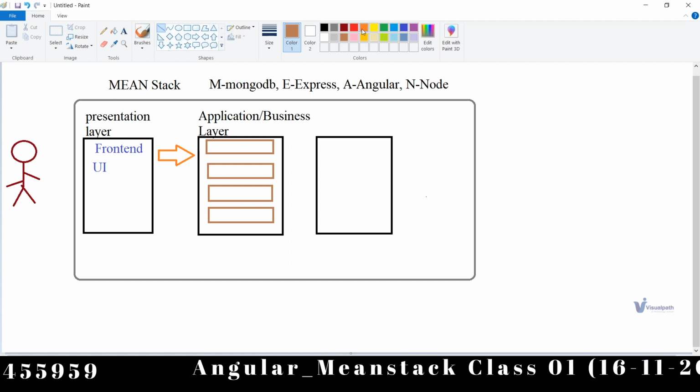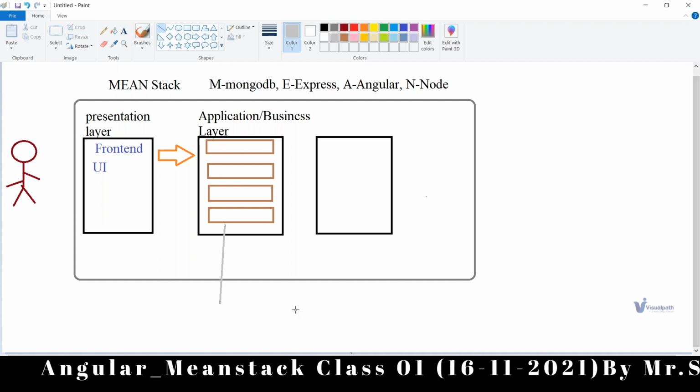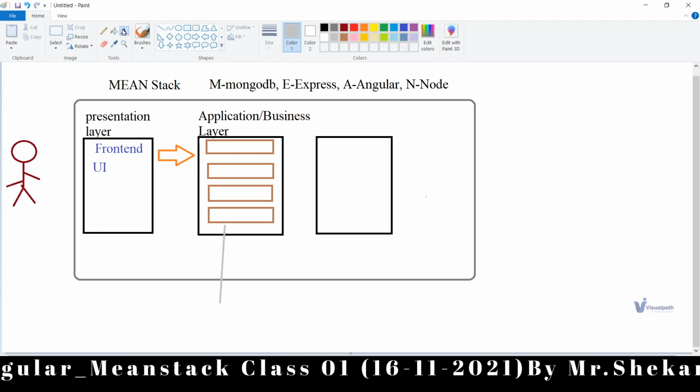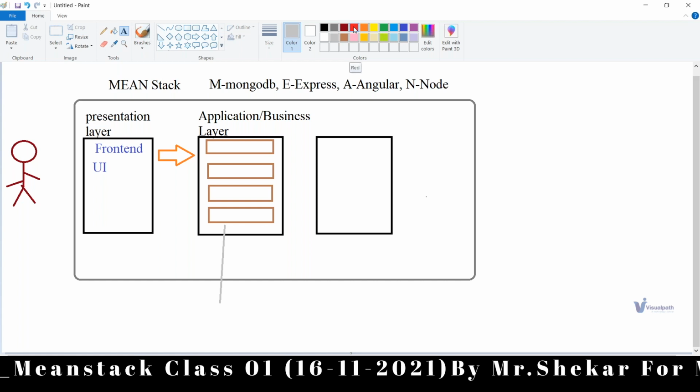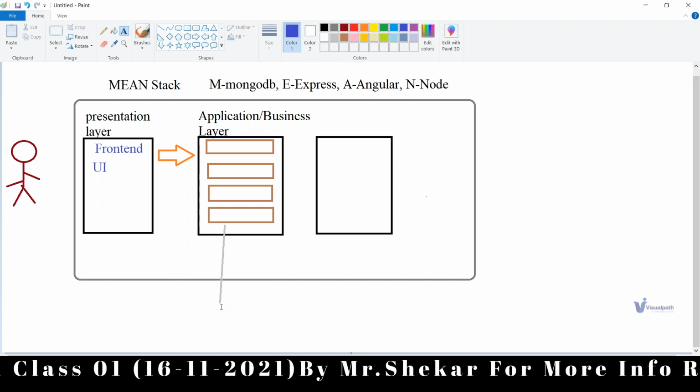If one has to develop this server-side software, that person should have an idea of certain technologies.